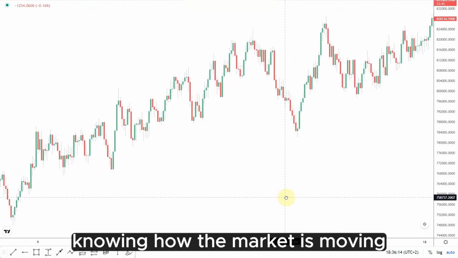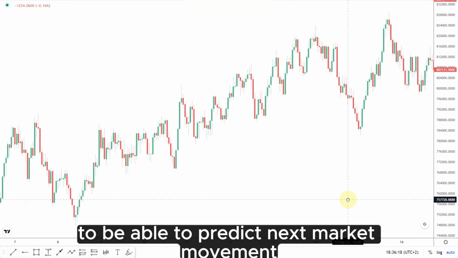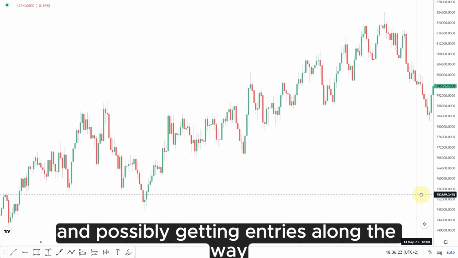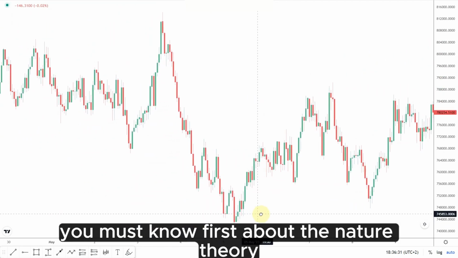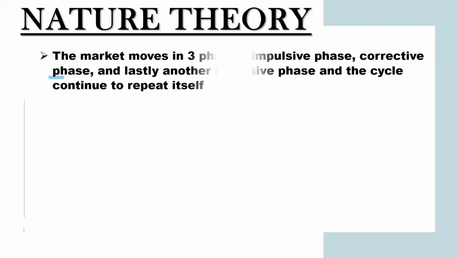Knowing how the market is moving is very essential in helping you as a trader to be able to predict the next market movement and possibly getting entries along the way. But before we do that, you must know first about the nature theory. The market moves in three phases: impulsive phase, corrective phase, and lastly another impulsive phase, and the cycle continues to